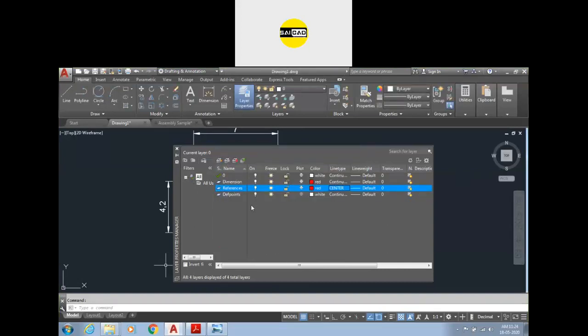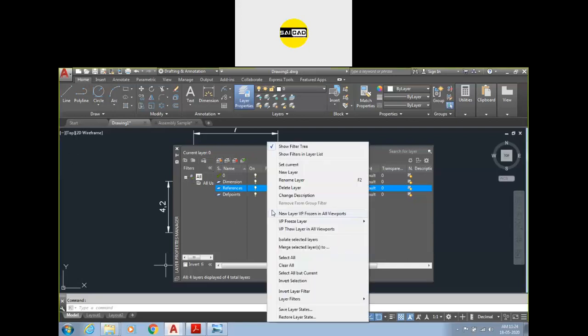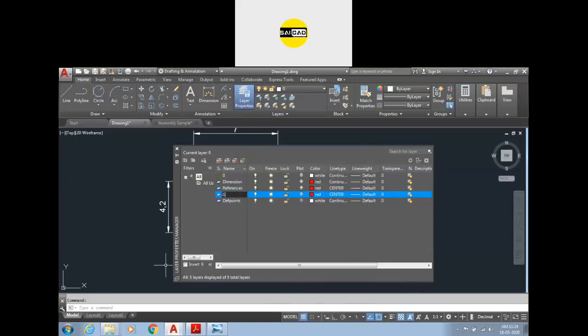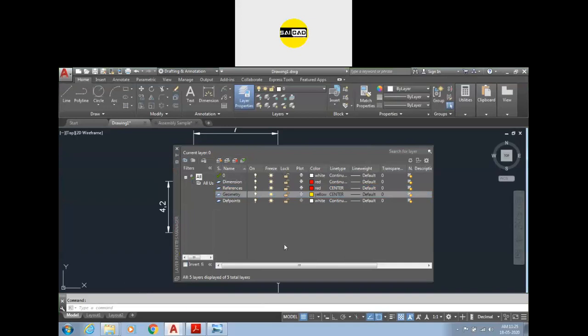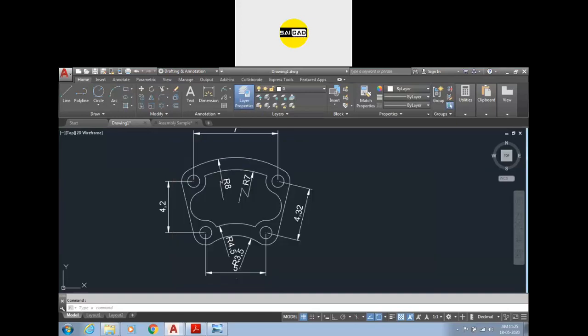And we are going to create another layer that should be the geometry, and that geometry will have the color of this one. So we just have to specify the properties, that is color, line type, line weight, and transparency from here. These other options will be used later. So we have created three layers and now we can just close it from here.